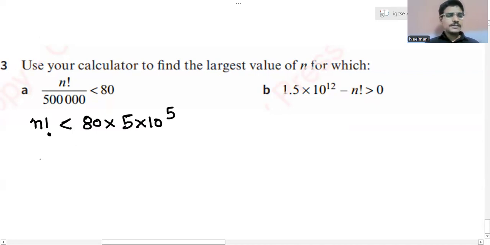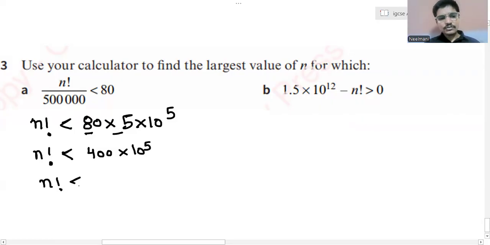If you just multiply all of this, n factorial should be less than, it's 4, 5 into 4, it's 40, correct? So it's 400, and it's already 10 to the power 5. In the standard form, I would say that n factorial should be less than, you can represent it this way